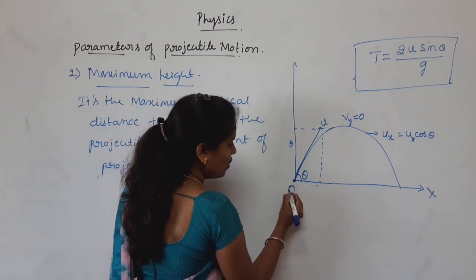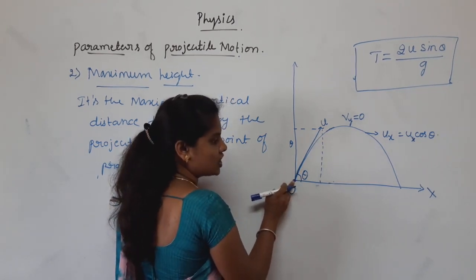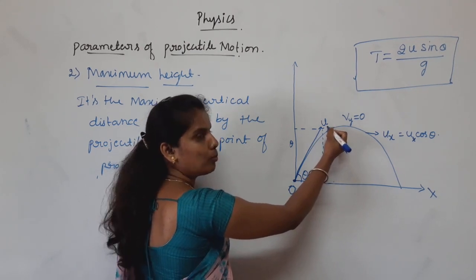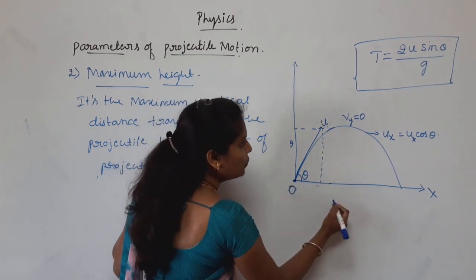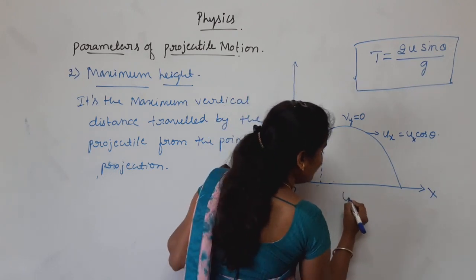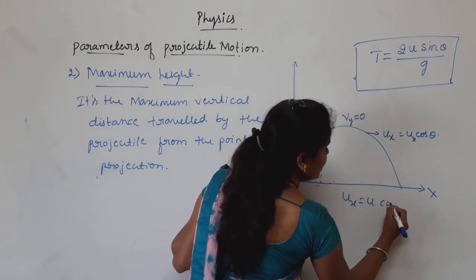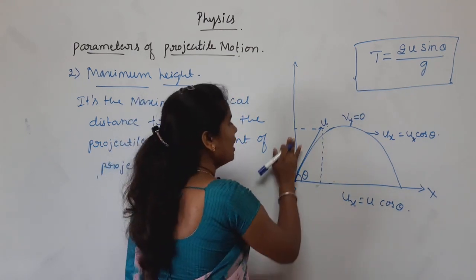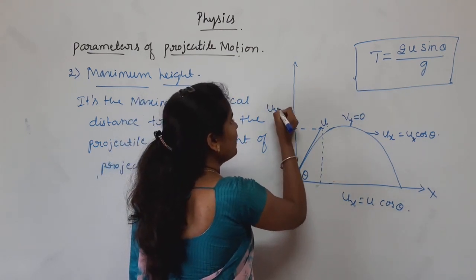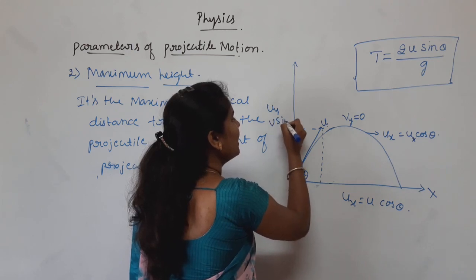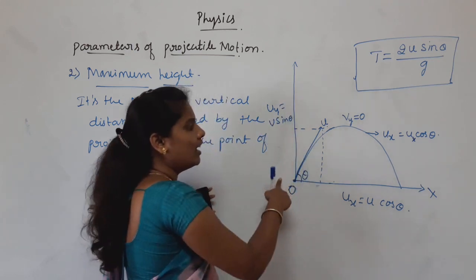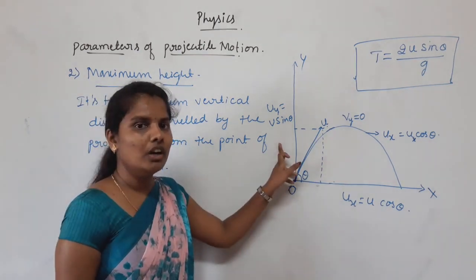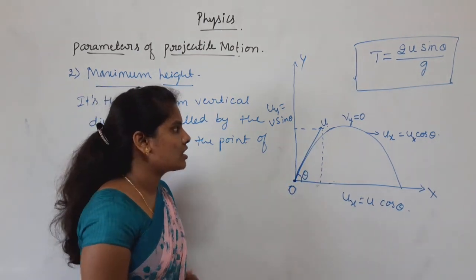Here O is the point of projection of a projectile and u is the velocity of the projectile. ux is equal to u cos theta, the component of u along the x axis, and uy equals u sin theta, along the y axis. These are the components of u along the x and y axis. So now,